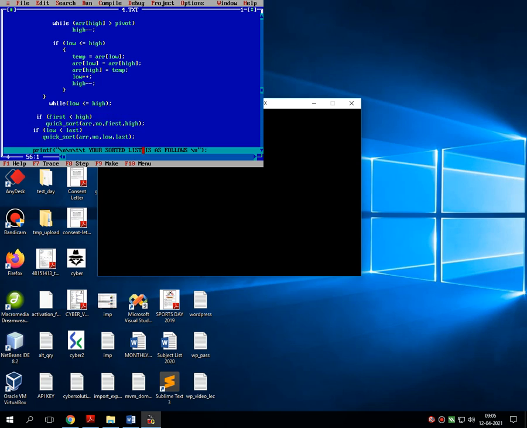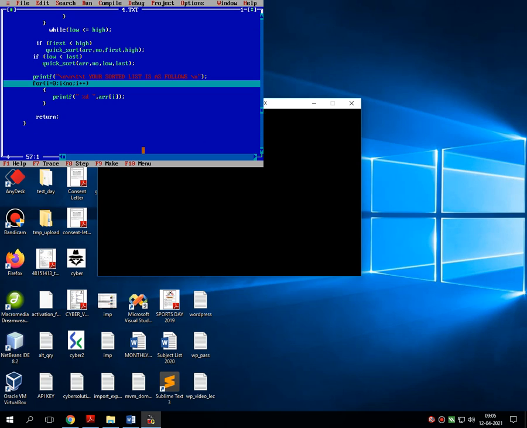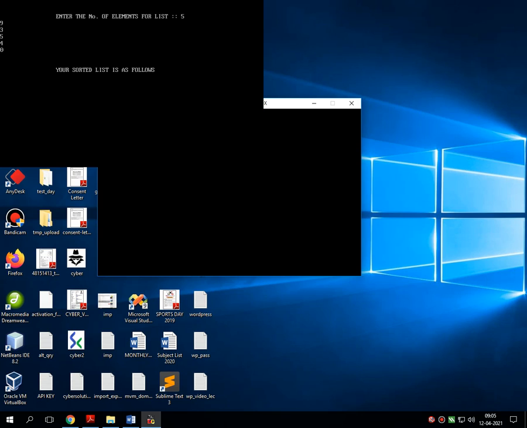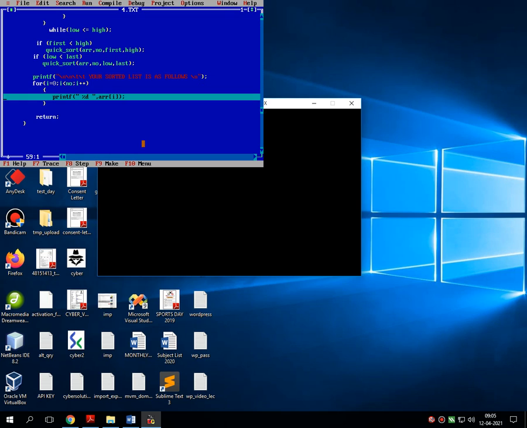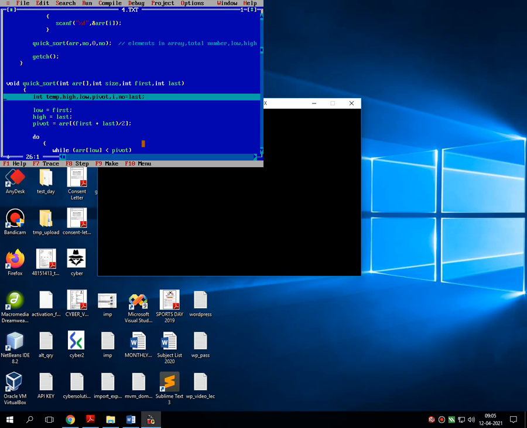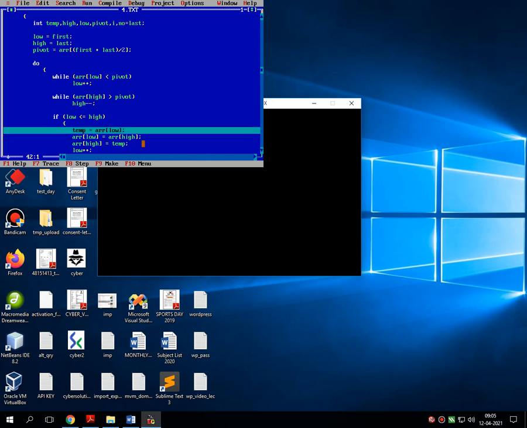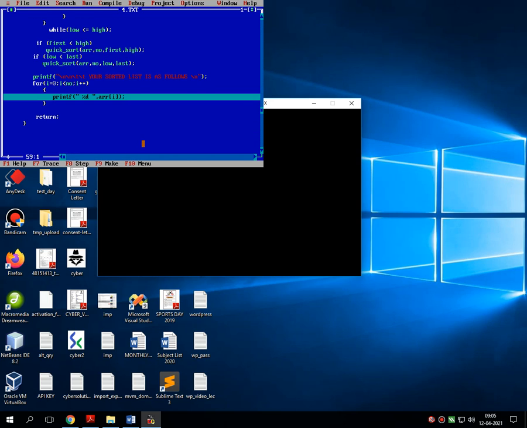Once the entire sorting is completed, it stores inside the one dimensional array, and after the message that your sorted list is, it prints every sorted value onto the screen. Let me show you the sorted values onto the screen.